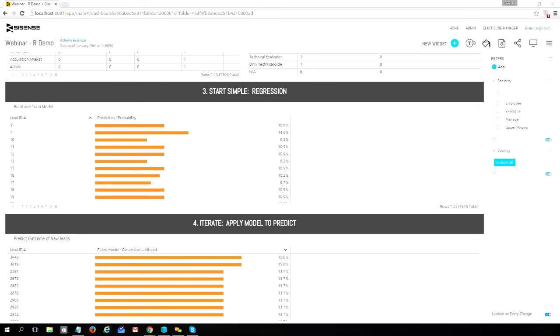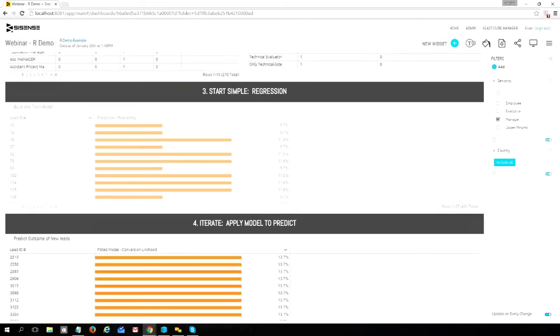Okay, excellent. So I think what's important to note here is that the whole process has now been automated essentially. So as new data comes in, the preparation work is done and then it is reapplied. And it also gives you a layer of interactivity. So if we want to focus on a single example, in this case, managers, it can quickly reassess the data and give us outcomes based on that specific item as well.